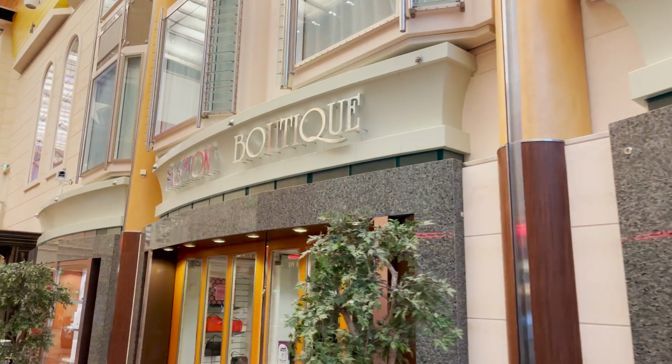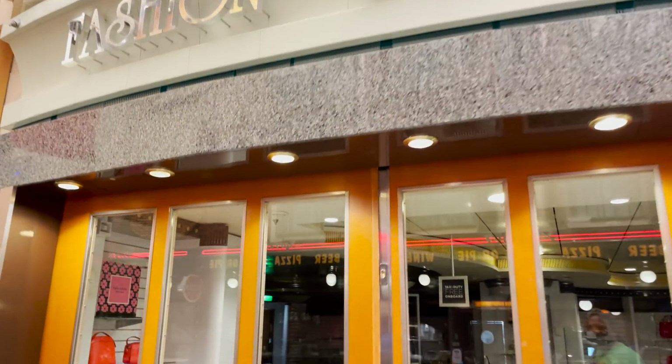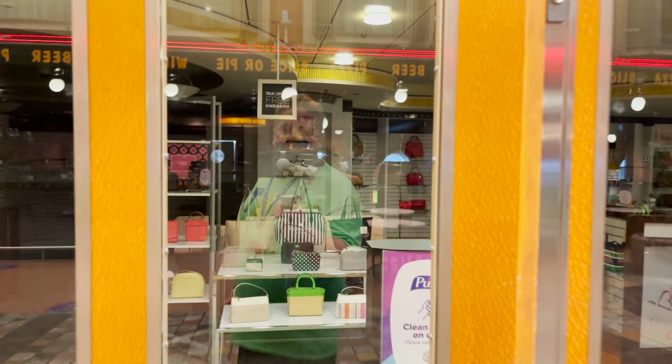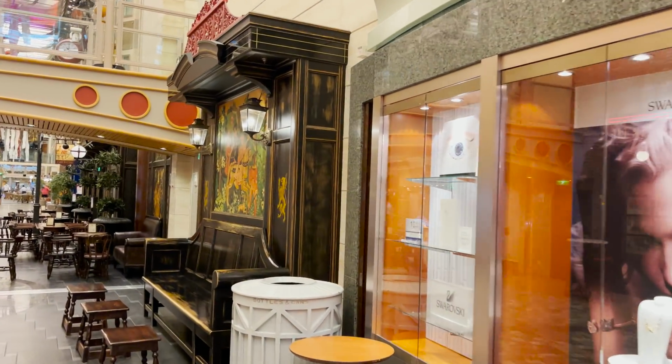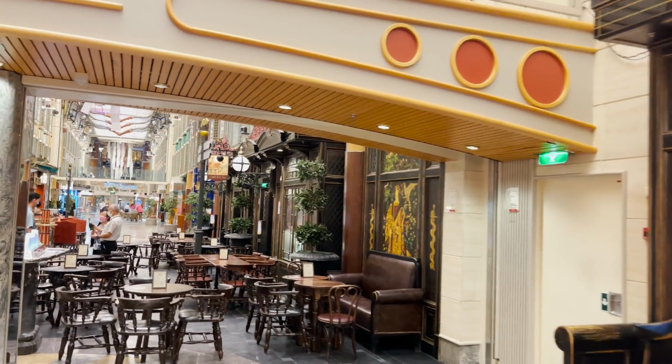Mostly going to be shops, but there are some eateries as well. So we start here on the port side. We have the Fashion Boutique. This is a store that's selling purses and bags, watches, different kinds of jewelry. Of course, all the stores are closed right now because we are in port. I'm just gonna go down this side, the port side, and then we'll circle back and do the starboard side